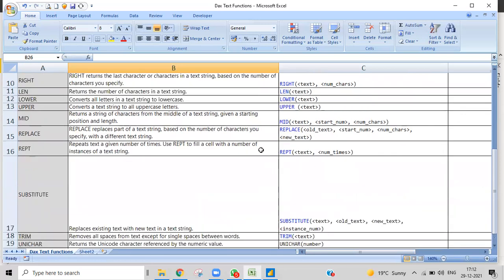And we have another very interesting function called mid. It returns a string of characters from the middle of the text string, given a starting position and the length. Let us suppose I have a string, and I want to get a part of it, from a particular character, and a number of characters. If we give them, we'll get it.